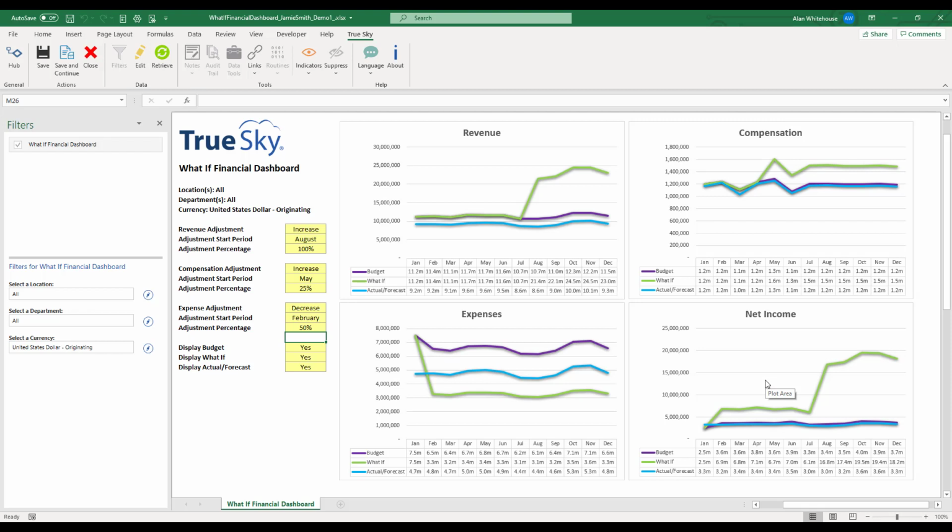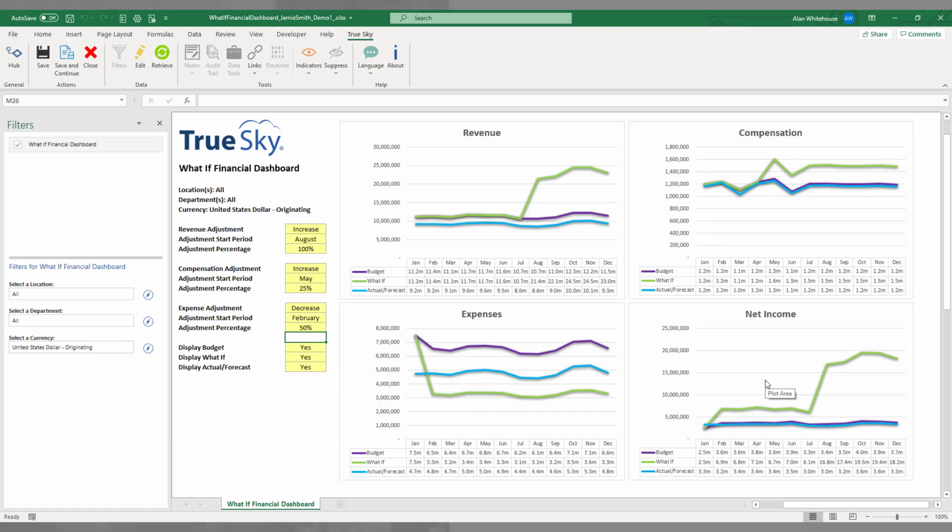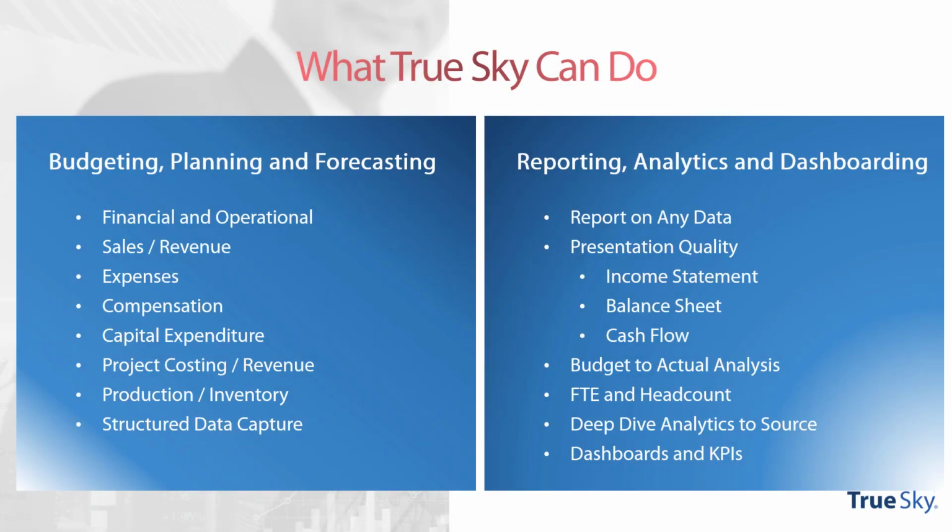I'm going to go back now and do a few kind of wrap-up slides, and then we'll be done for the day. So the software demonstration that I just did gives you a flavor for what TrueSky can do. But keep in mind, again, it's not everything that we can do. And up on screen, I'm just having some more examples of the other kind of things that you can do with TrueSky. When it comes to budgeting, planning, and forecasting, anything around financial or operational budgeting,